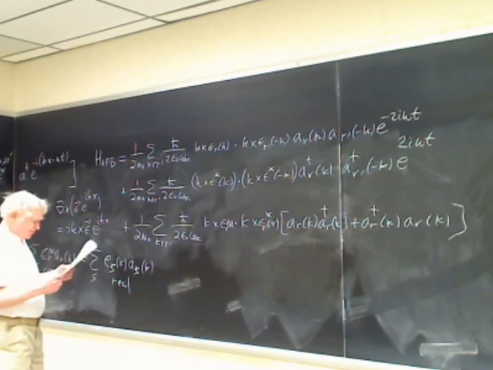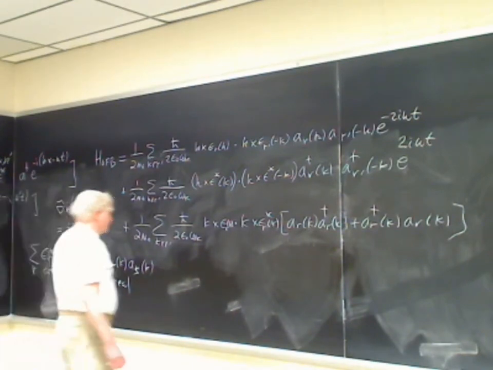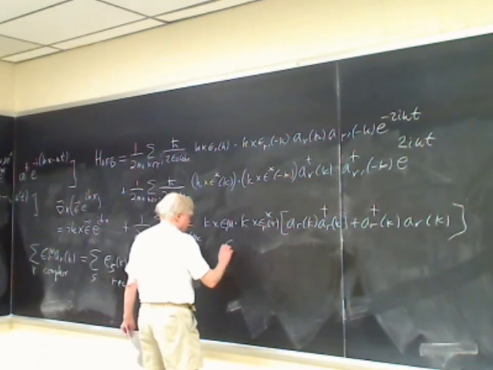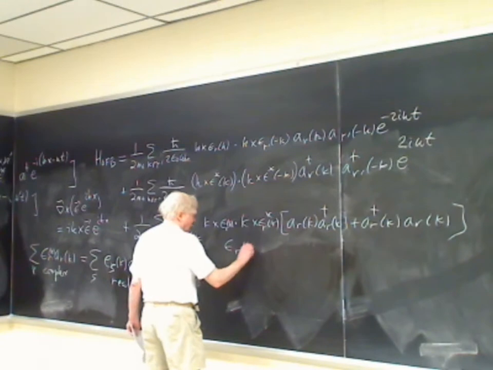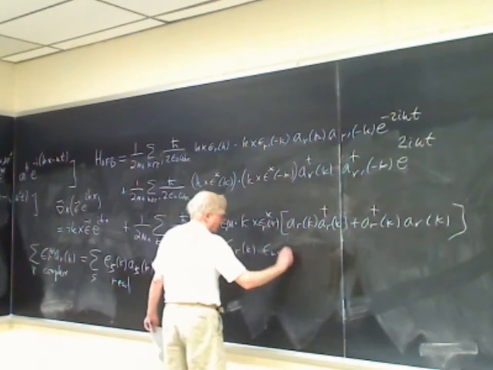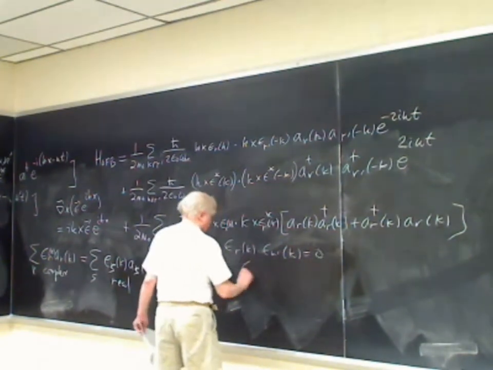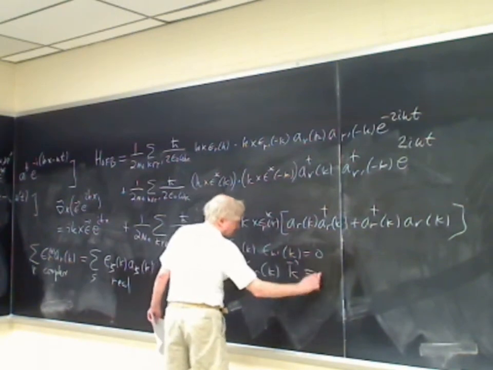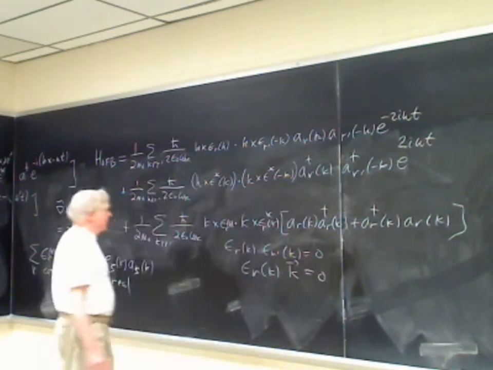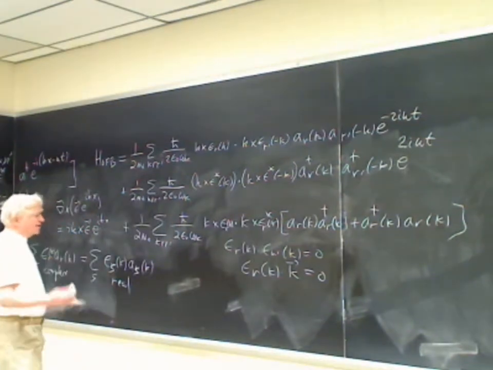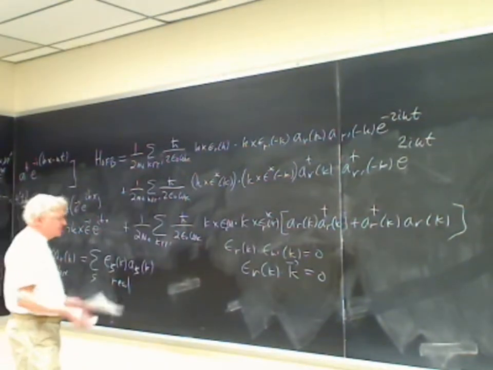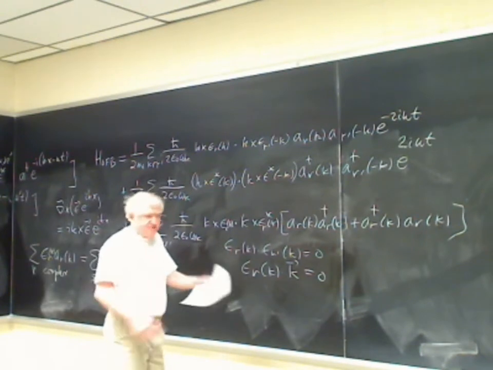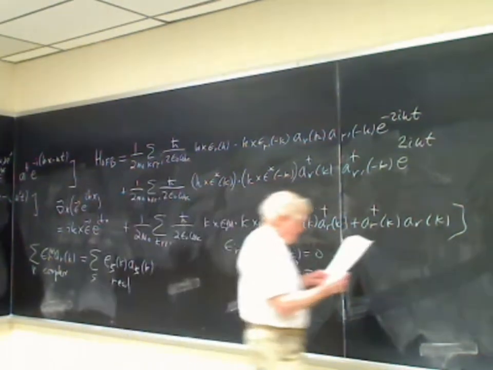Okay, so once you use the real ones, you of course have, well, even if you don't use the real ones, you have epsilon r of k dot epsilon r prime of k is equal to 0, and epsilon r of k dot k is equal to 0. And now you also are at liberty to choose how these epsilon, which you call epsilon 1, which you call epsilon 2, are pointing. And so